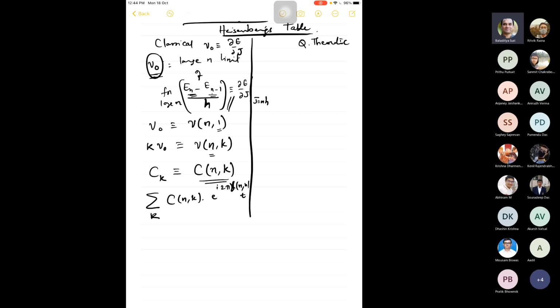So the answer is that Heisenberg discovered that these quantities, these C and K, the Fourier coefficients that we have classically, the equivalent quantity that he is going to construct will satisfy the rules of matrix multiplication, and therefore they are matrices and they are not numbers. Classically, Fourier coefficients, the C of nk, are numbers.